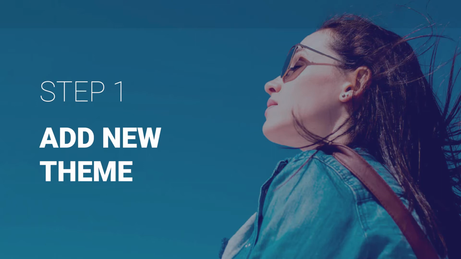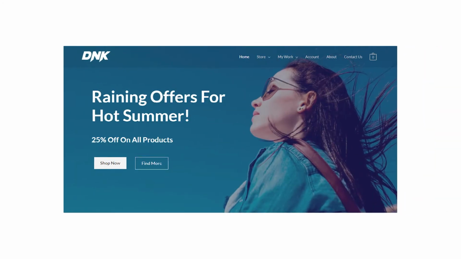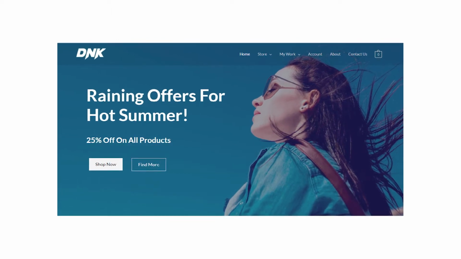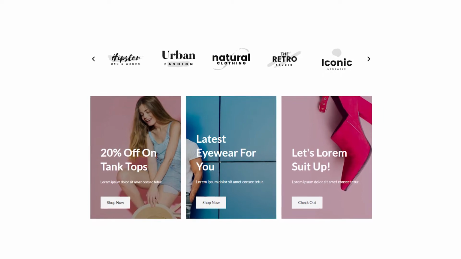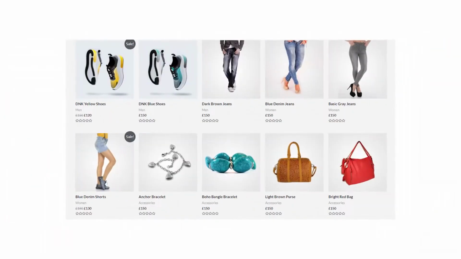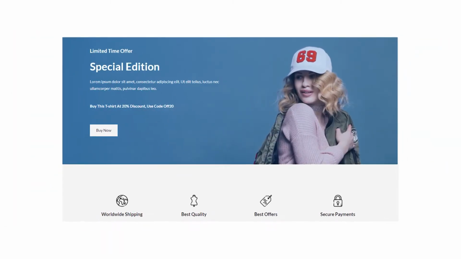First of all, let's get our theme. It's called Astra. In my opinion, it's one of the best free themes of WordPress. It has a great design as well as high customization. You can literally customize every part of this theme, from the header to footer, layout, color, and so on.